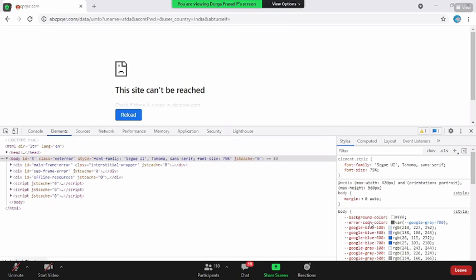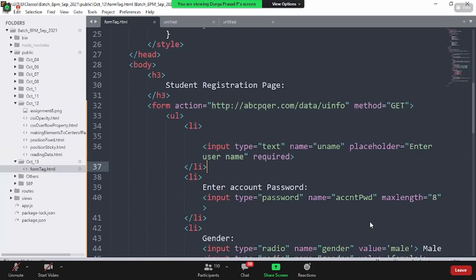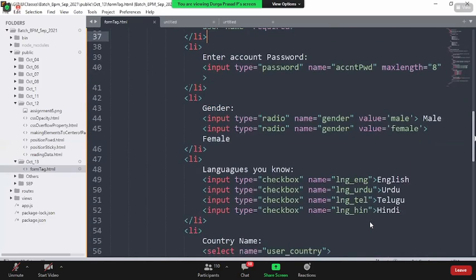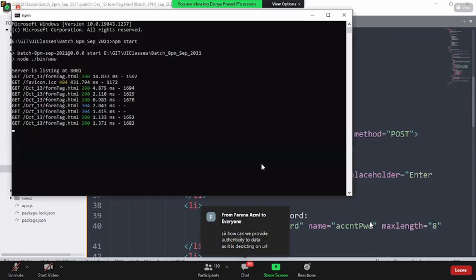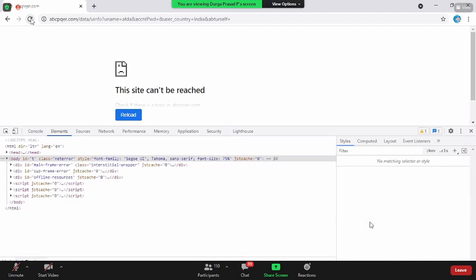Okay, so this is what you get with GET communication, guys. As you saw, even though you're sending a password, it is still visible to the person sitting beside you. So that is the reason, instead of going with GET communication, we use something called POST communication. So whenever you use POST communication, you come to the server and reload the page.